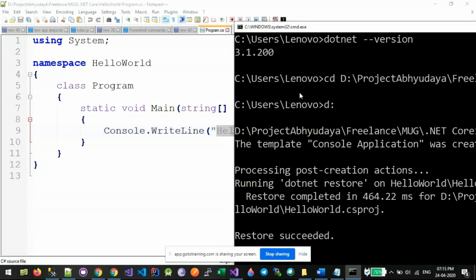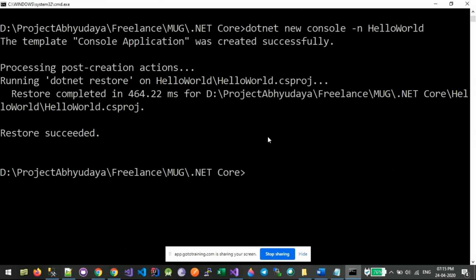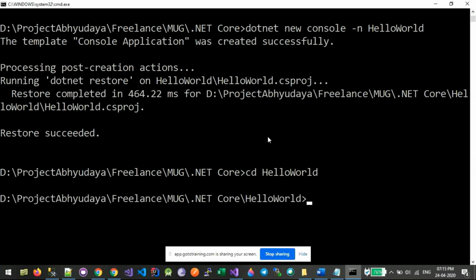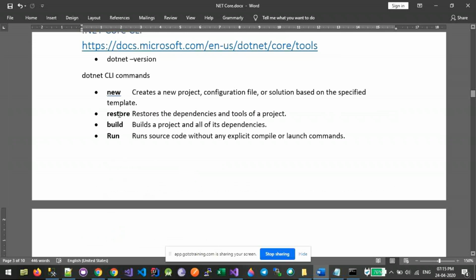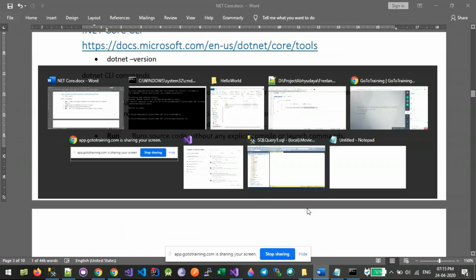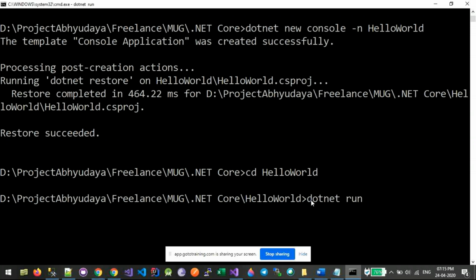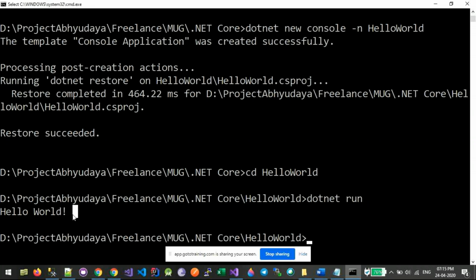Let me go to the folder first, and now I will use the run command, which is essentially going to invoke three things. One is restore to restore all the NuGet packages, build, and then finally run the project. And as you can see, this is the output that we were expecting.